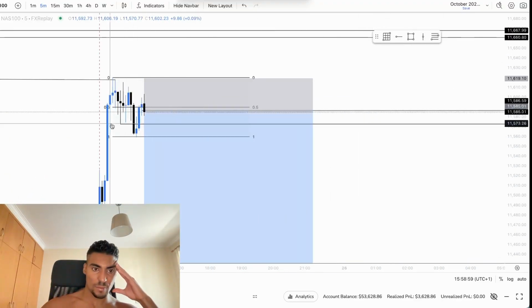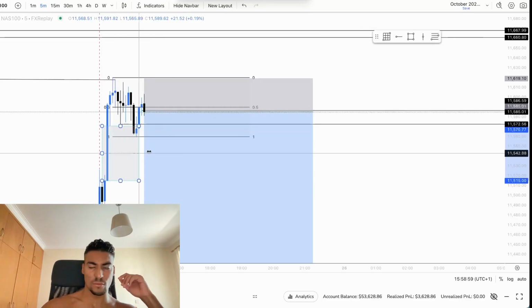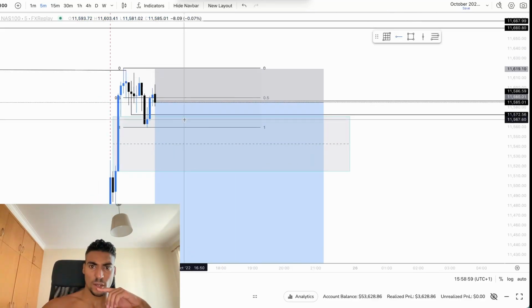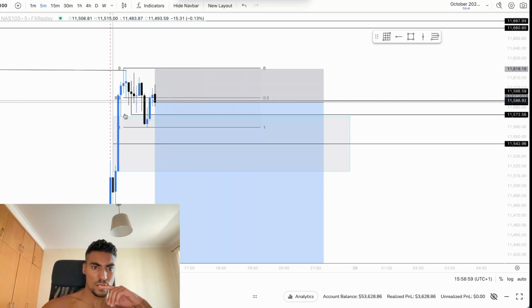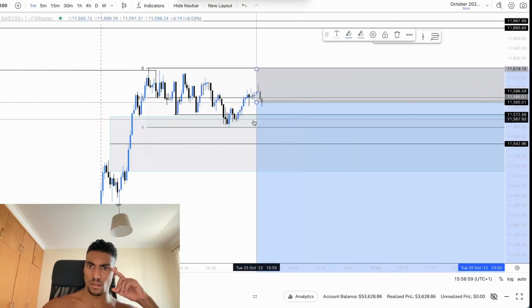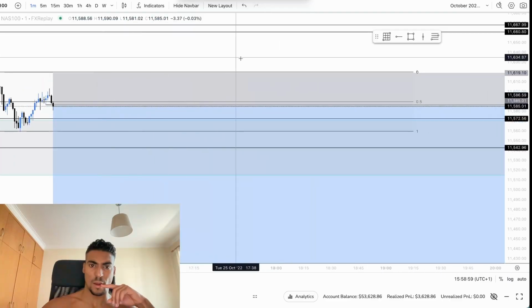Let's check this farewell gap. Holy moly, let's check this farewell gap. What day is it? 25? Okay, so almost finishing. I think we'll finish it before. Yeah, this is my first take profit. I should put my stop loss tighter, but it's already too tight, so I'm happy with it.